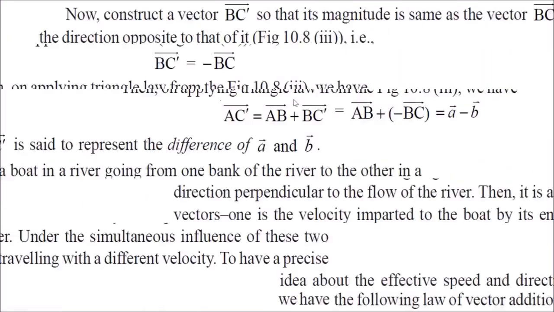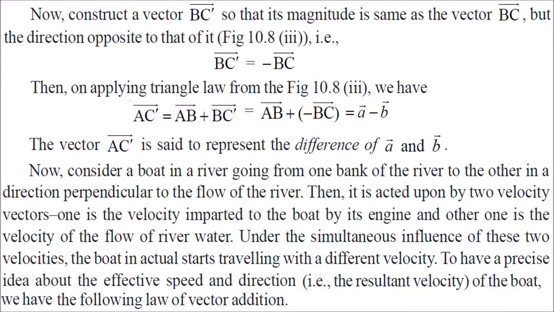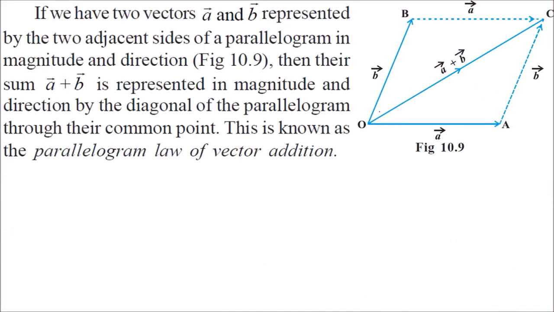I'm just showing you an example. Let us see this. Now you are moving here. Say these are two banks of a river, and your steamer or your boat is going like this. Now you have a force also here from the stream. So you will not move in this direction. You will actually be moving in this direction, because this is your engine power. This is your stream power. That is, the stream is naturally flowing, and it is forcing you also to change direction. So this is your A plus B.